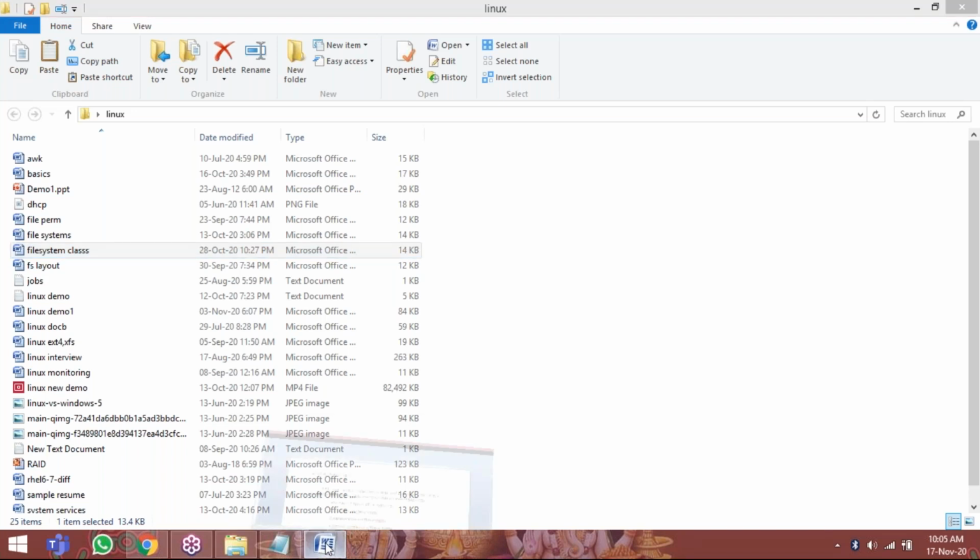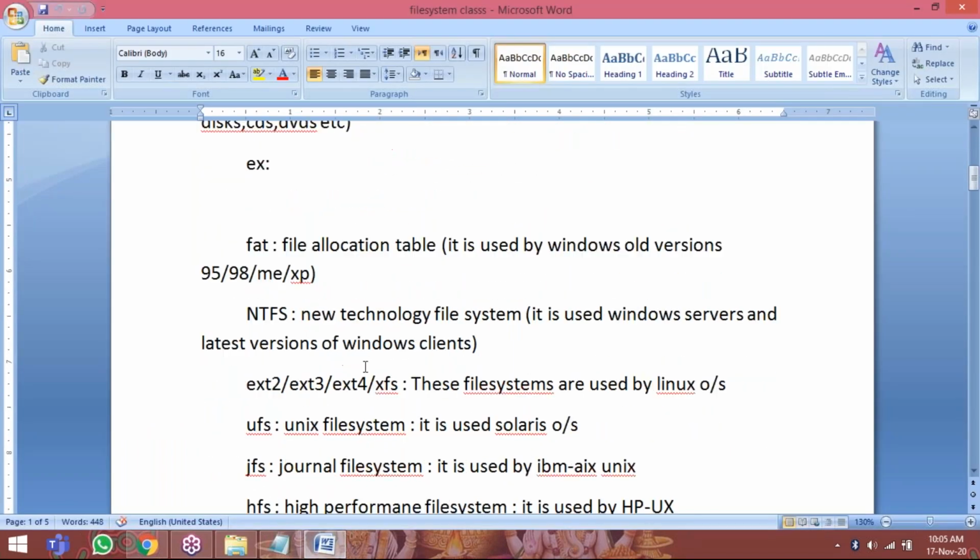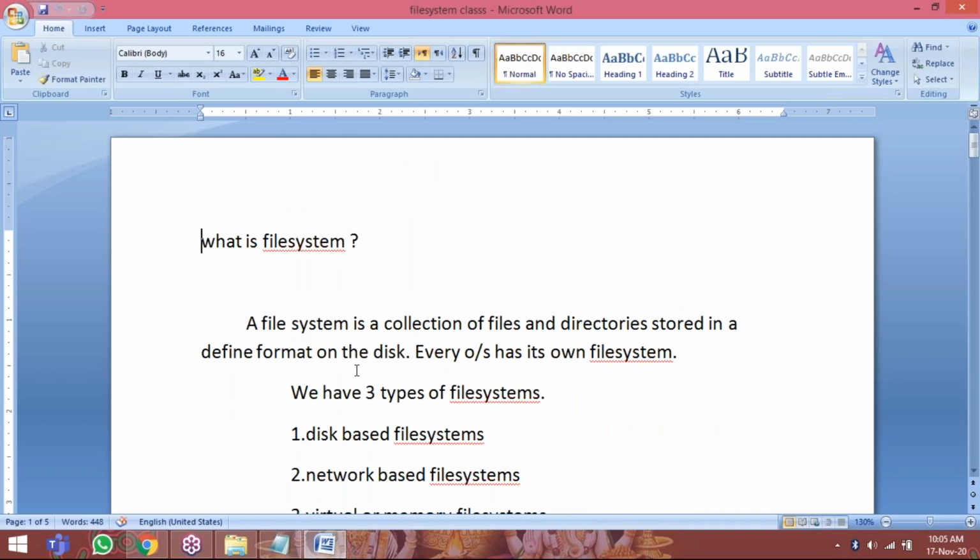For example, they will give maybe disk management, so your work is only managing the disks every day. Some people they will give user management, so their work is only user management, because they are not going to give all the tasks to only one person. They will divide the tasks. Somebody will work on disk management, somebody on user management, somebody on swap management, some team on monitoring, some team on backup and restore, like that. So from an interview point of view only, we are going to learn all the topics.